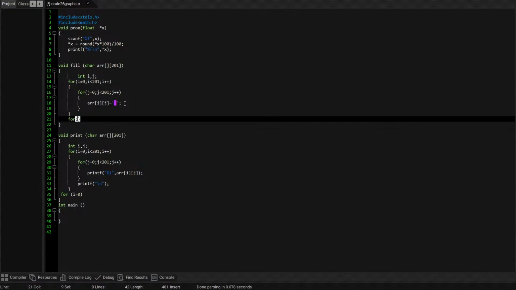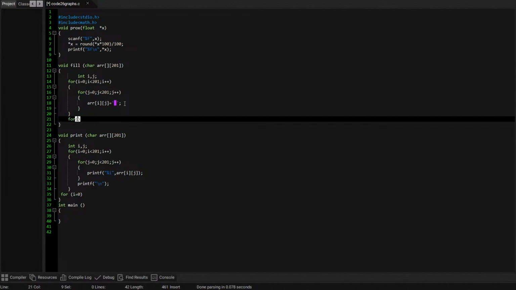And so the half of 201 is going to be 100. So that means, see, the half of 3 is going to be the second space, right? 1, 2, 3. And if you have 4,